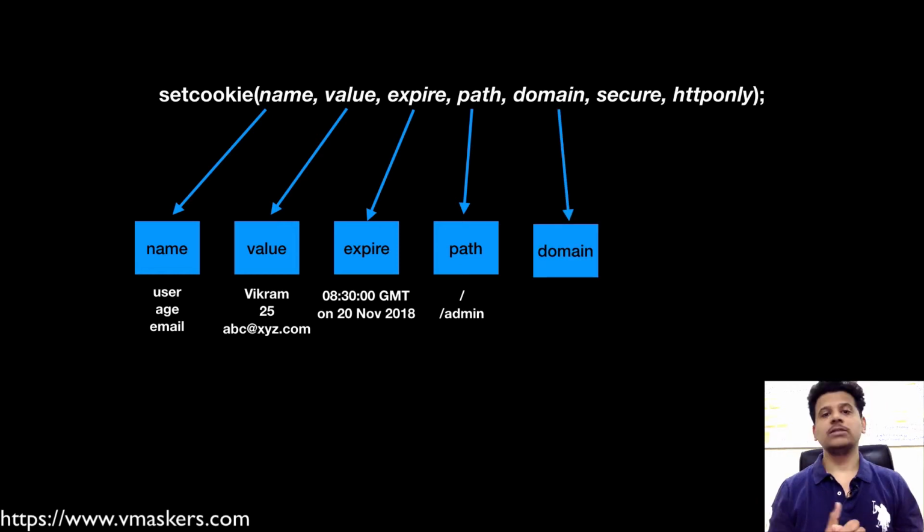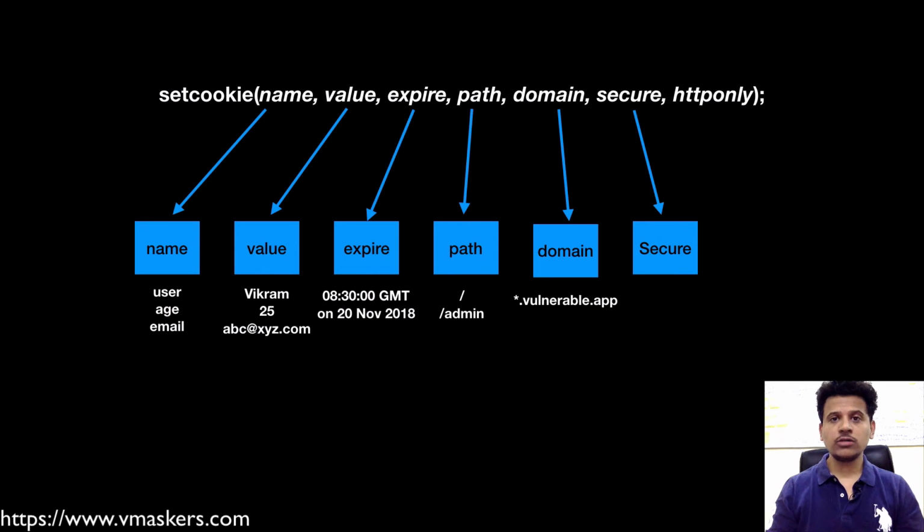Next is the domain. This will tell us for which domain the cookie is valid. So in this case, the cookie is valid for the vulnerable.app domain and all its subdomains. So the browser will install this cookie into the cookie jar and it will send the cookie for any further request to the same domain. And remember one thing, one domain cannot set the cookie for another domain. For example, facebook.com can't set the domain value to google.com.